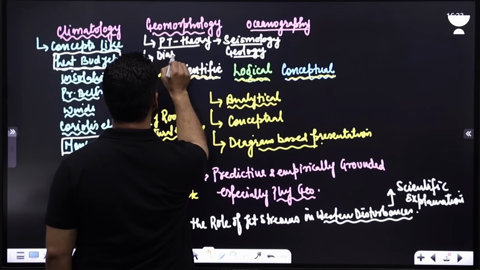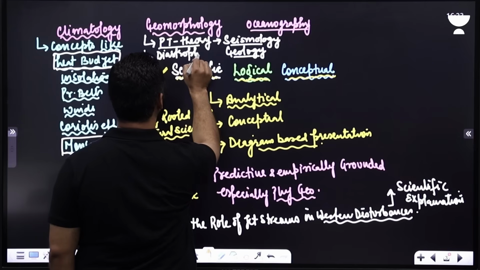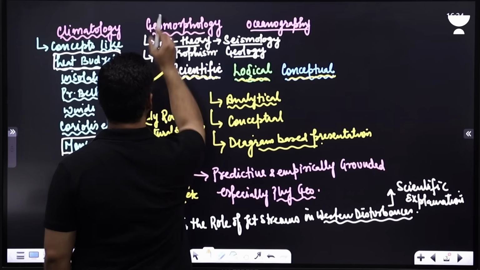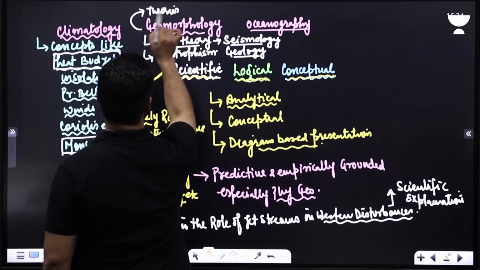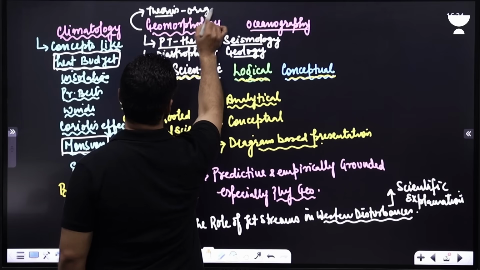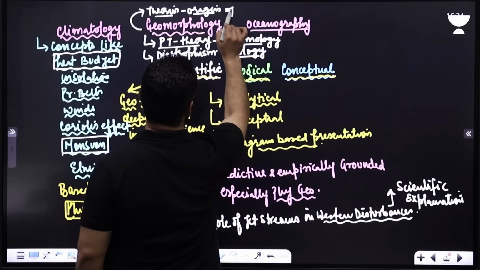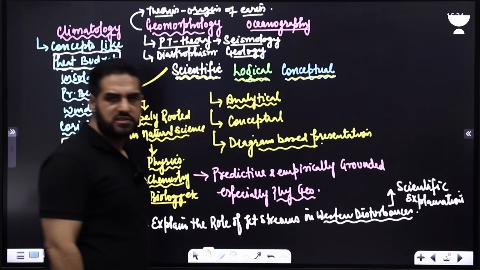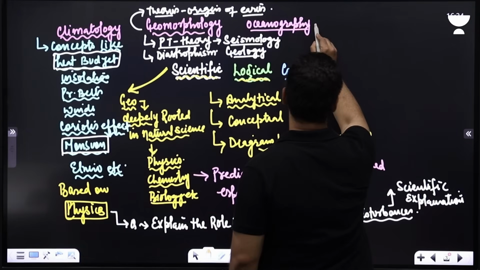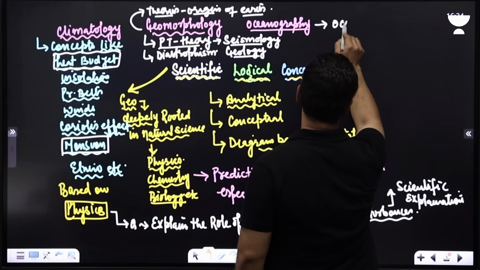Even if we talk about diastrophism, even if we talk about theories to understand the origin of Earth as well as universe. Similarly, oceanography like ocean currents,